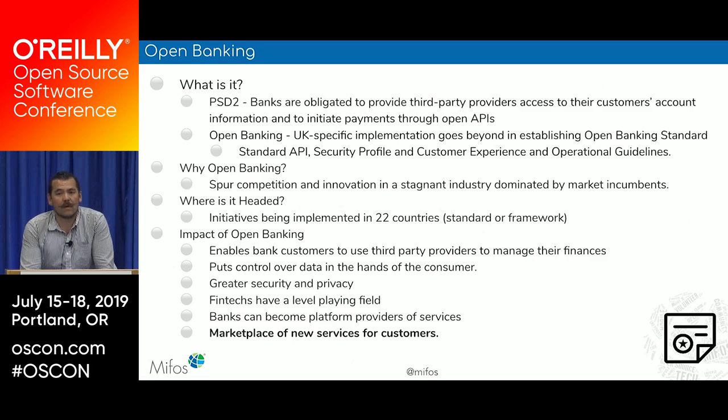which is just for the 9 major banks there, but it goes much beyond in establishing an actual open banking standard with a standard API and a set of guidelines around security and customer experience of how this data needs to be opened up. And while right now the legislation is just focused on the UK, there are many movements beyond the UK to adopt their own open banking standards, and we're going to take a closer look at some